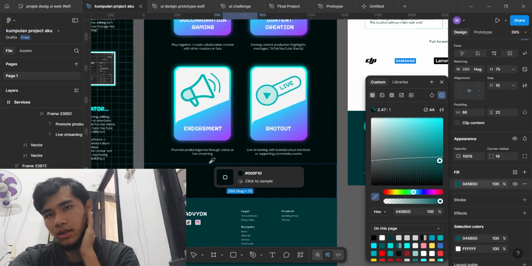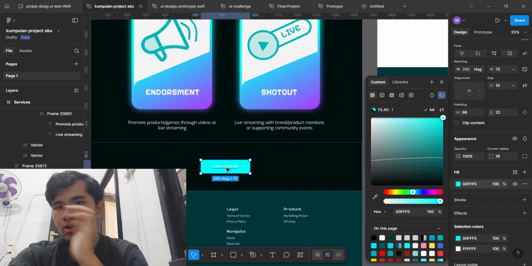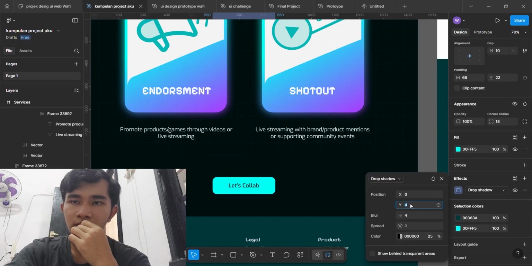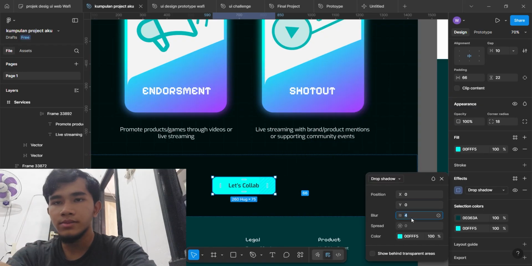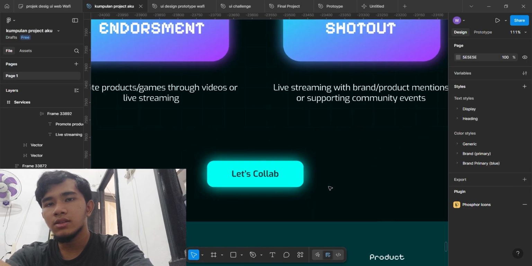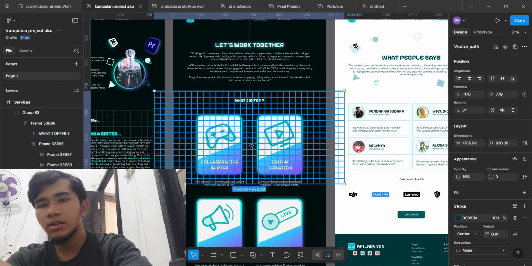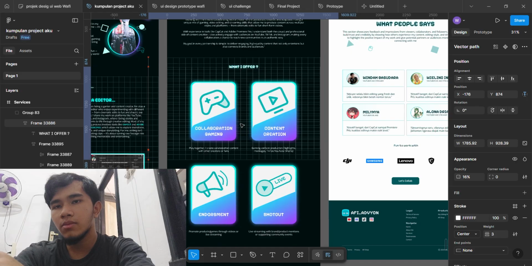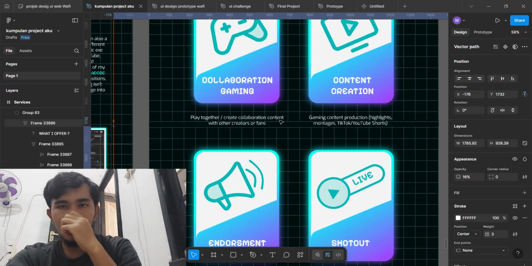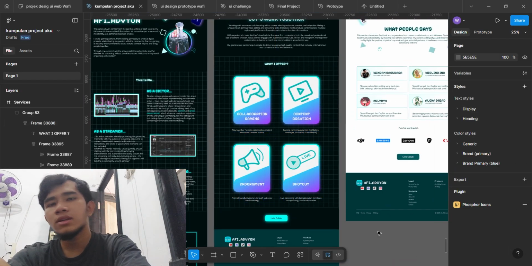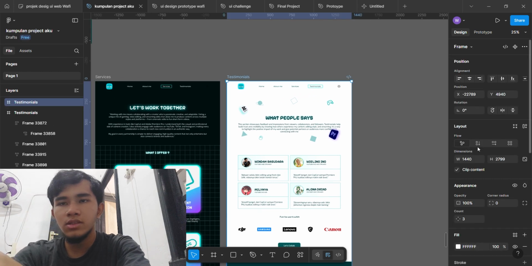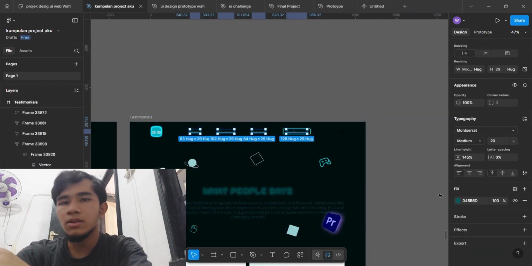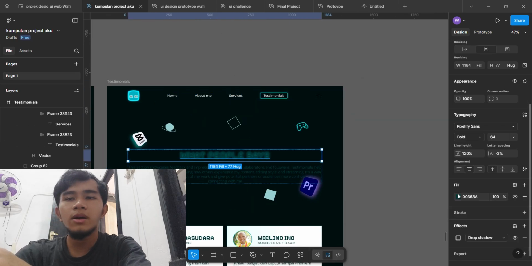To do that, first I'll duplicate this frame. On the duplicate version, I'll reveal or make visible the 3 additional buttons. You can arrange them nicely below the main button and adjust the spacing. Then go back to the original frame, the one with just the main button. Select the main button, go to prototype and link it to the duplicate frame, the one where the extra buttons are visible.